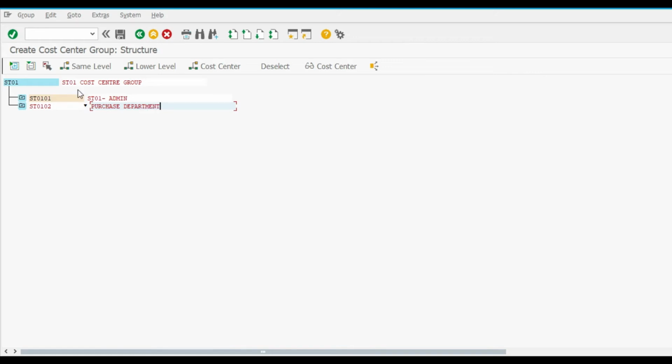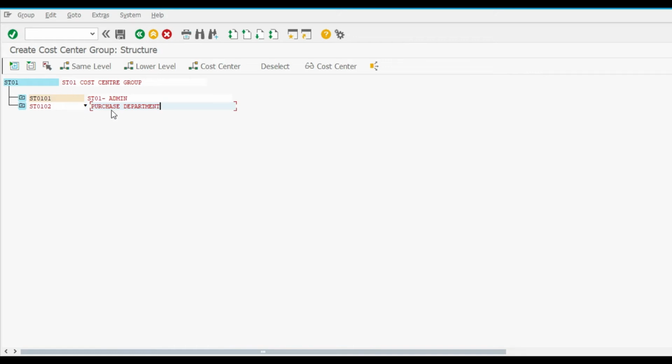Now it all depends on the requirement, what our client needs, how they want to see the data. So this is basically a hierarchy. This is a top level, this is a lower level, then again we can do a lower level. So it depends on the organization structure of the company.